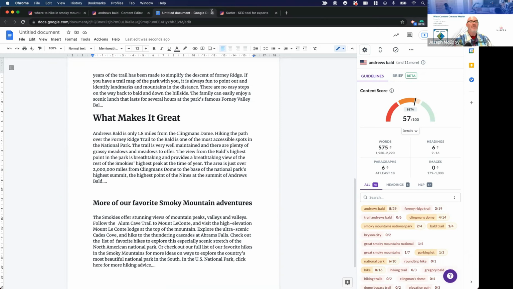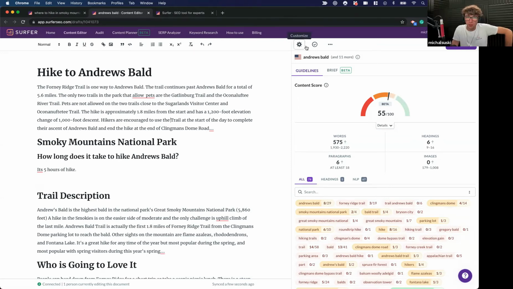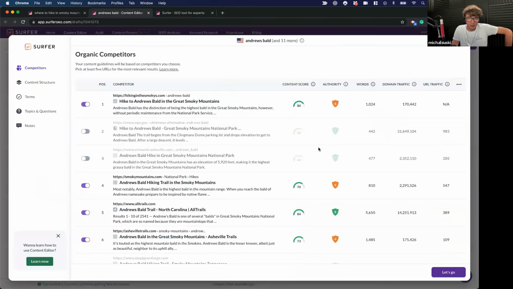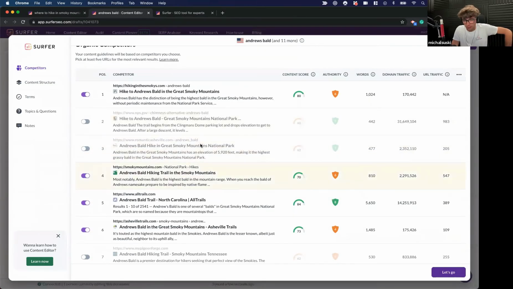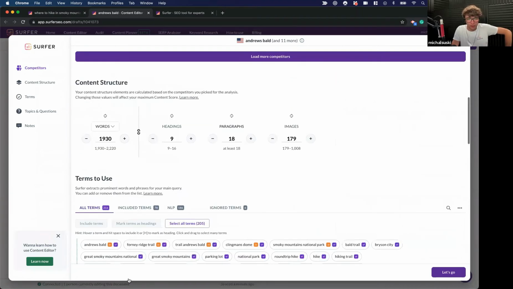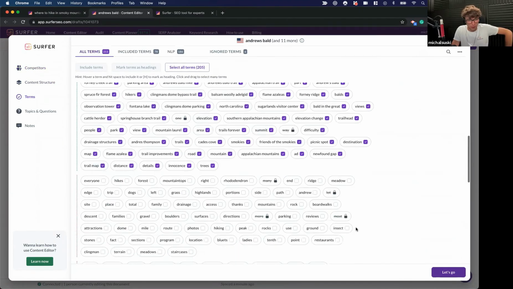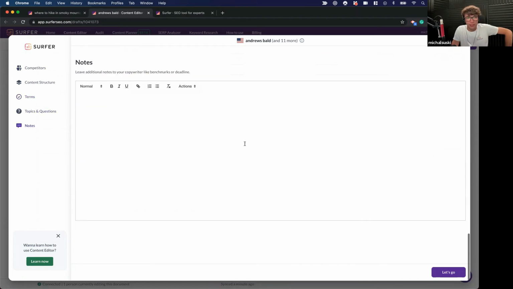Can you designate parts of a document to not be considered in your score? For example, if we have some meta information we wanted to put into it. Oh yeah, so you can do it here. You open the customization, so you can review the competitors, you can change the length and structure, you can change the terms, you can blacklist some of the terms if you want, and you can add notes. Okay, so we can put our own notes in there.